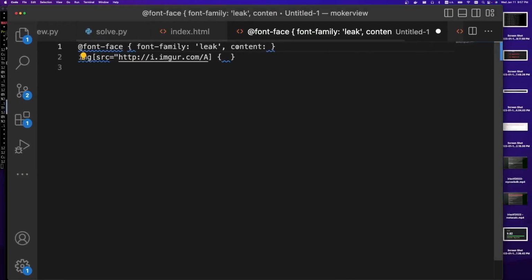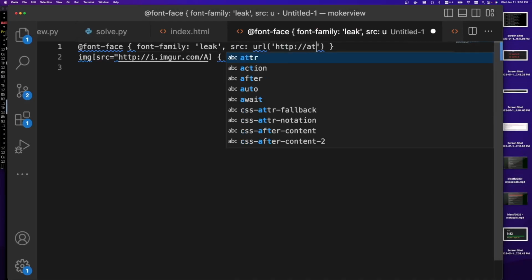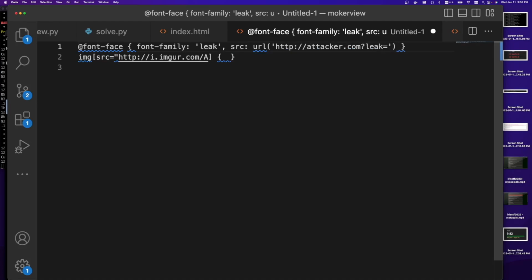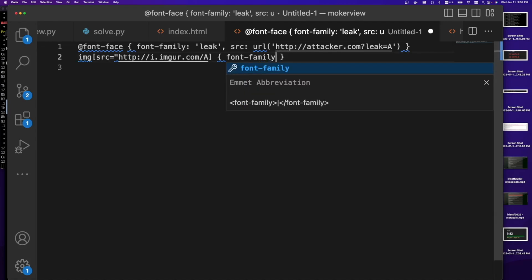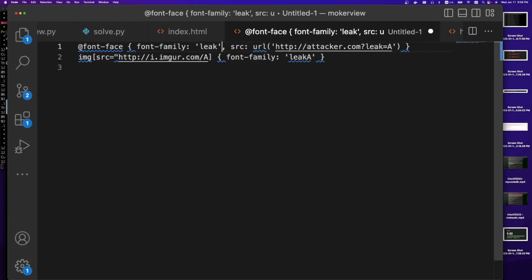Source URL. So you would do source and then URL and where to load that font from. So we would load it from this. And then we go over here and we would say font family leak A. So if this matches, it will then request that it uses the font family leak A. And because this does lazy loading, it'll look for leak A, see this font family, and load the font from here. And then we get a leak that A matches this A, and so we know what